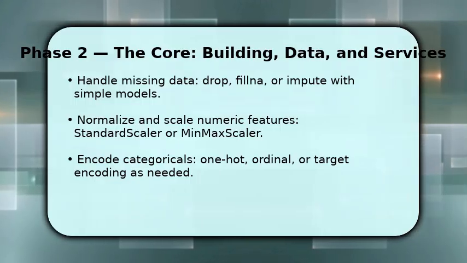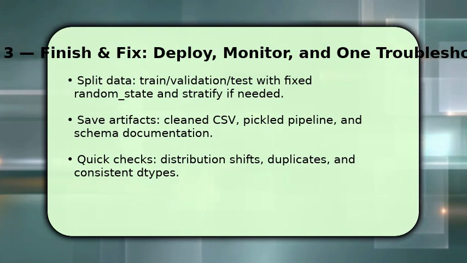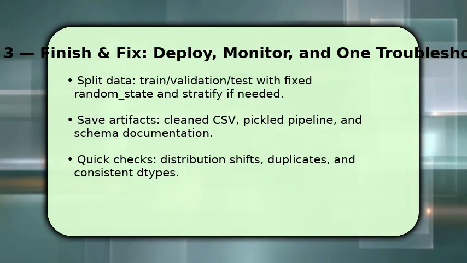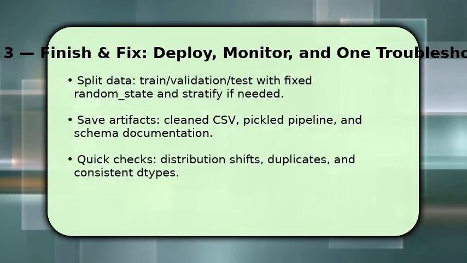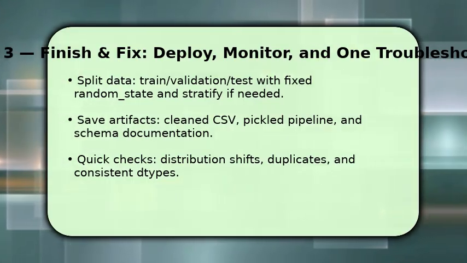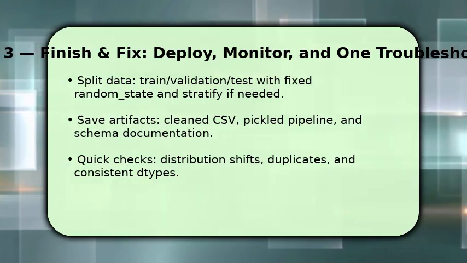Throughout, you finish by validating and saving everything so your work is reproducible. First, split into train, validation, and test sets with a fixed random state, and stratify if class imbalance exists. Then save clean datasets and your preprocessing pipeline, pickle or joblib, and write a brief schema note listing dtypes and